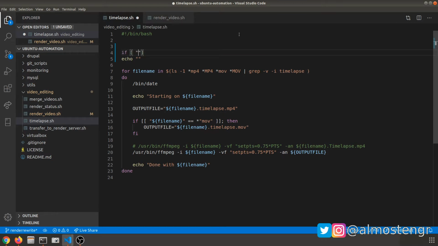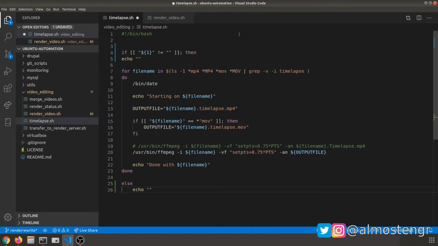I want to say if the argument 1 that was passed into the script is not equal to empty string, then do the stuff inside of the brackets, and else I'm going to